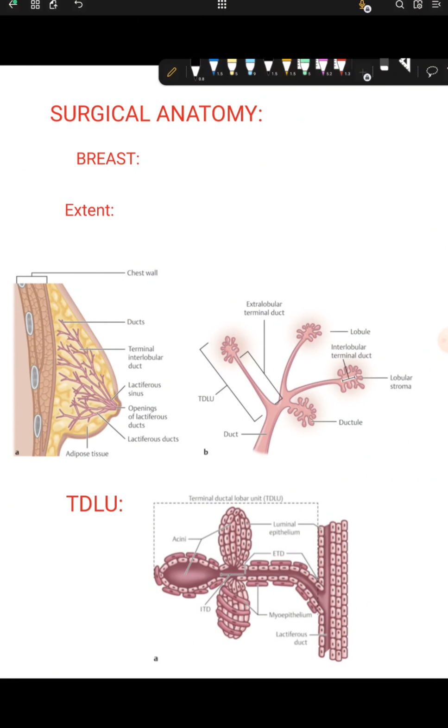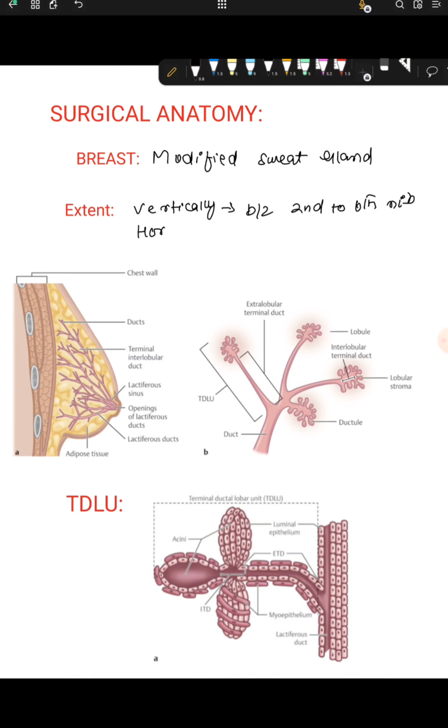Just talk about the surgical anatomy. So in the surgical anatomy of the breast, first you should know that the breast is a modified sweat gland, right? So what is the extent of this breast? That is vertically between the second to sixth rib